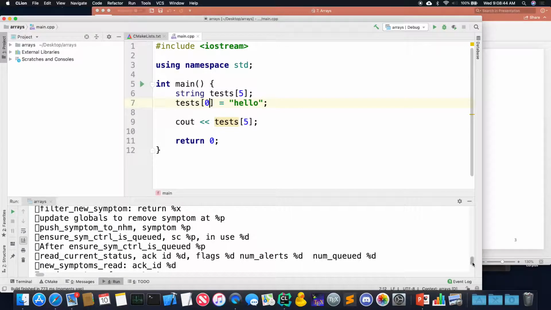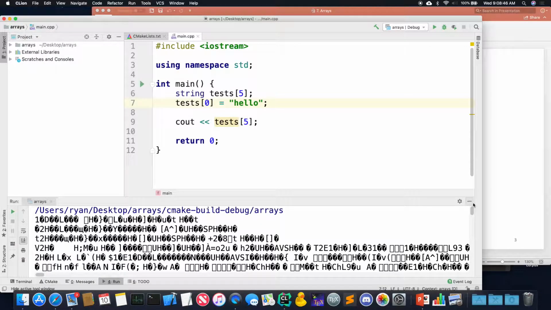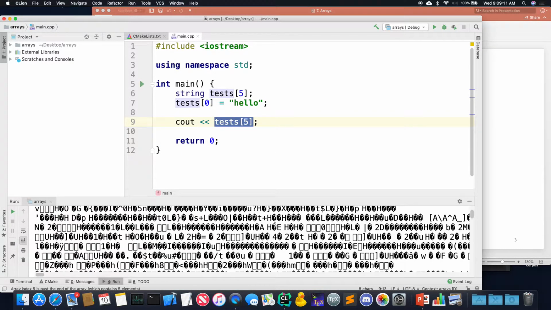I know what happened here. Anyone know what happened? Can anyone guess? So when I print a string, how does it know? Because remember, strings can be of any size, right? So how does the string know to stop printing? Null terminator, right? So if I have this right here, is there necessarily a null terminator there? No. So what'll happen is it keeps printing until it finds the null terminator.